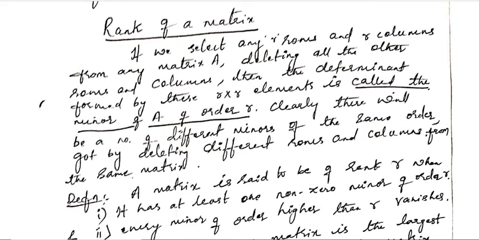In this lecture, I'll discuss the rank of a matrix, row reduced forms, and solving a system of linear equations. First, let me define the rank of a matrix. So here is the definition. A matrix is said to be of rank R